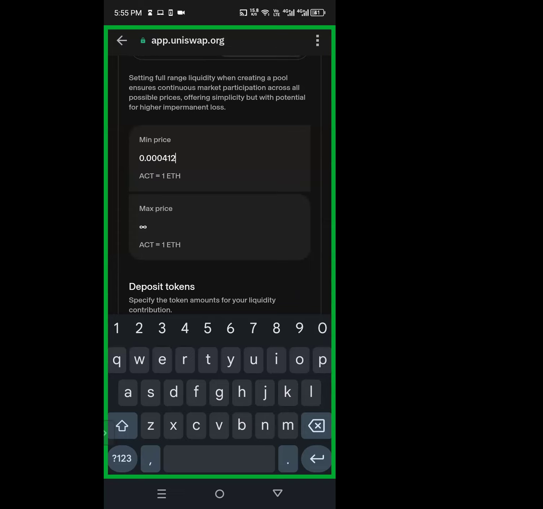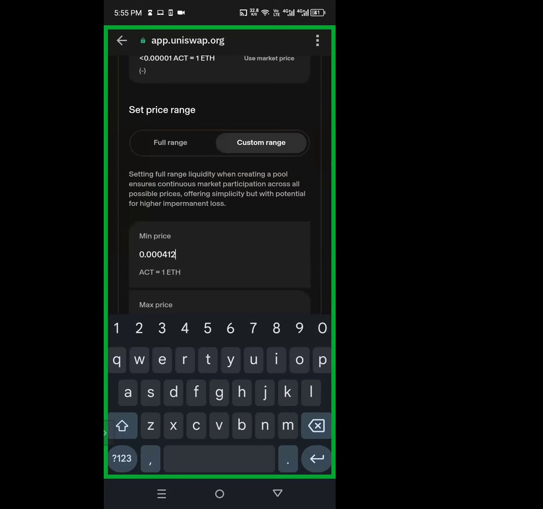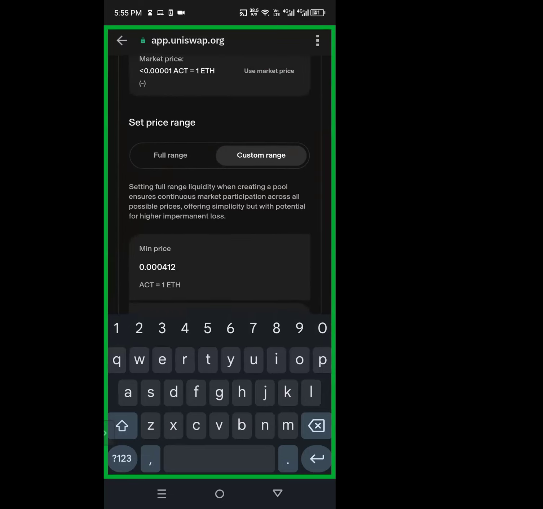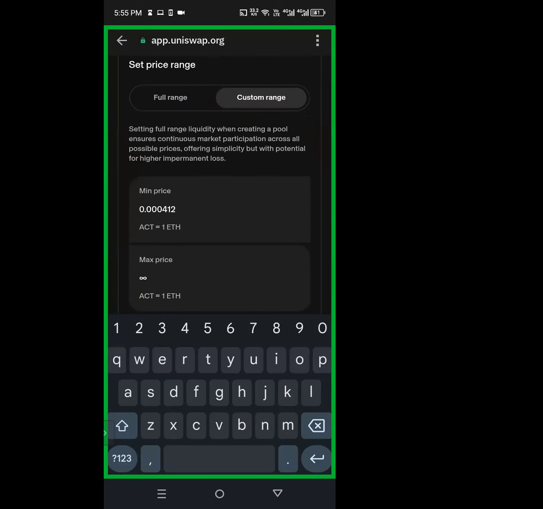0.000412. Okay. This is the minimum price to infinity. That is the custom range we are doing. So the minimum price is 0.000412.